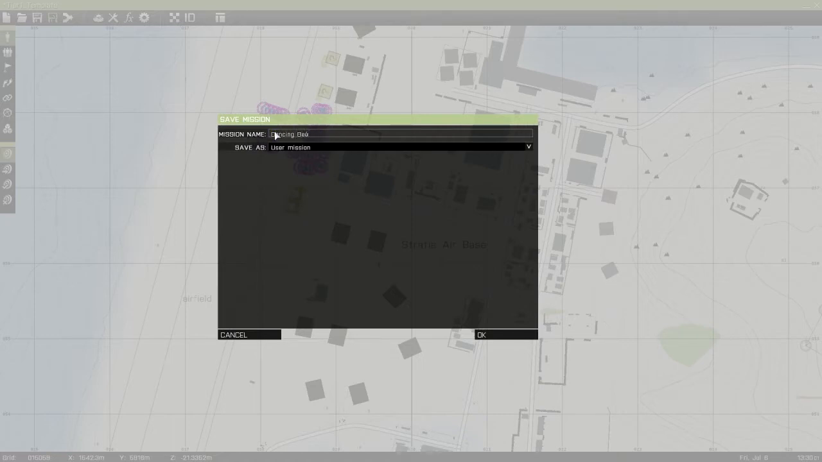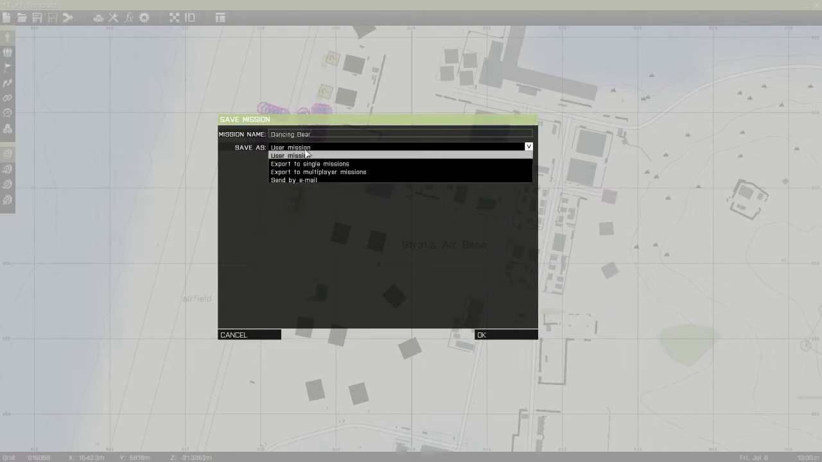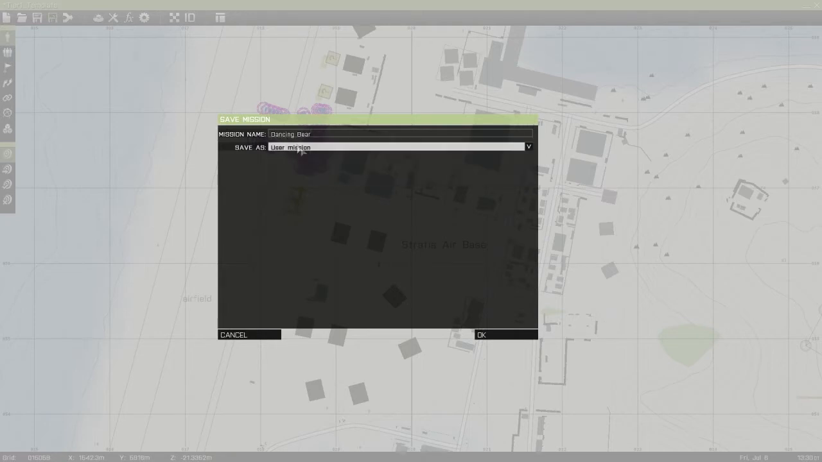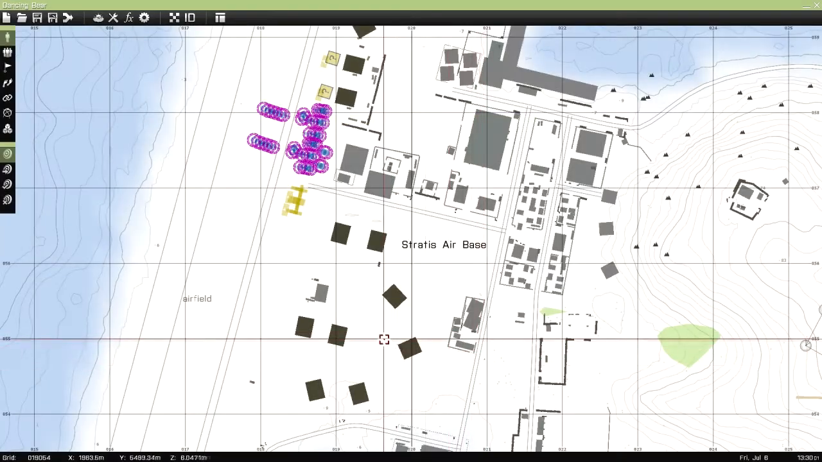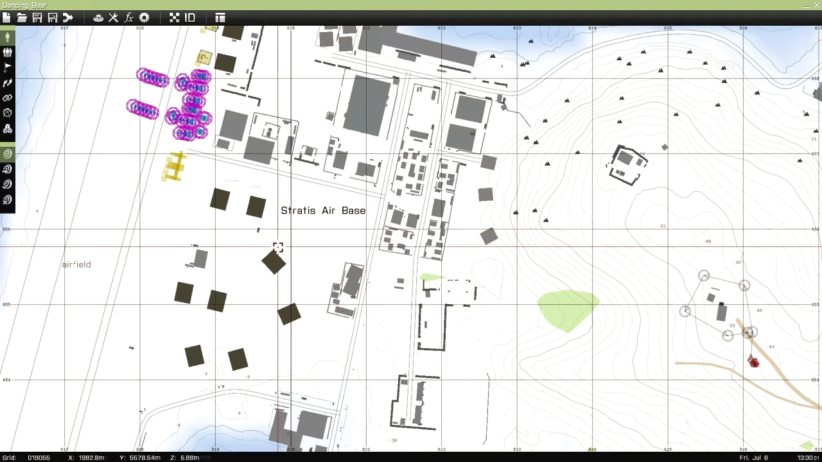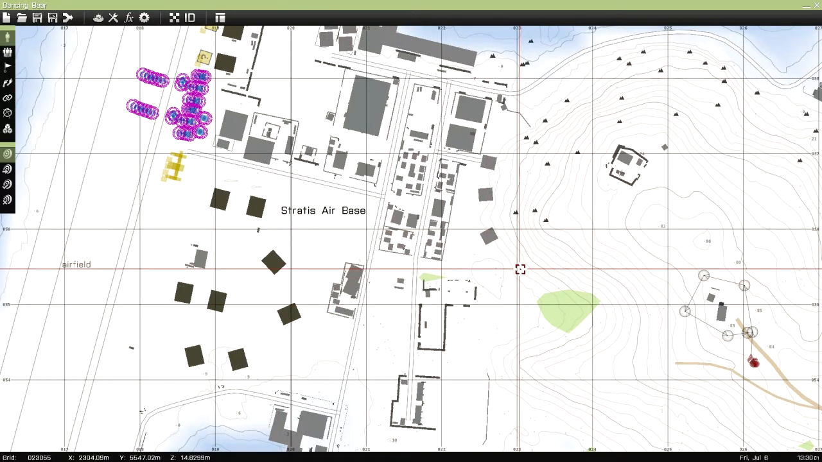dancing bear. Save as user mission. You can also export here, but that's for later. At the moment, save as user mission. That's while you're still working on it. There we go. Now, there is a problem with this, and we have to go back to the desktop in